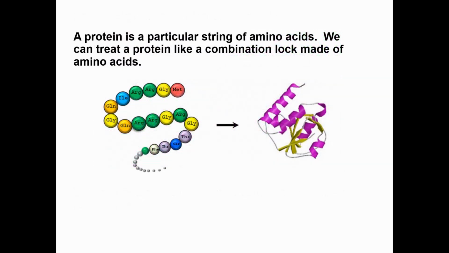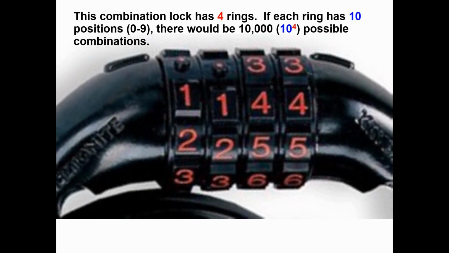To simplify the math, let's start with a single protein, one building block of life. A protein is a particular string of amino acids. We can treat a protein like a combination lock made of amino acids. This combination lock has 4 rings. Each ring has 10 possible positions, 0 through 9, and there would be 10,000 combinations, the 10 positions of each ring, raised to the 4th power, the number of